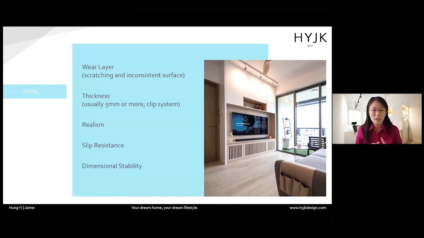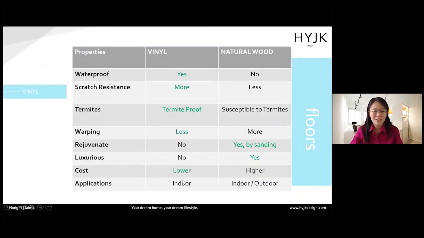What is dimensional stability? All things expand and contract with heat, with the aircon they use. Those with better dimensional stability don't expand and contract so much. So you have fewer problems over time with planks pulling away from each other, or worse, bumping up against each other to form a bump in your floor. If you get a lower quality one, you have to do more maintenance over time. So do watch out for these properties.